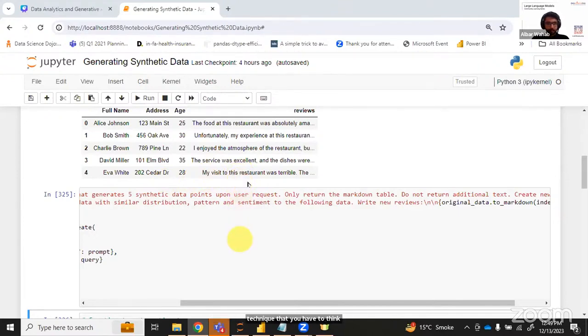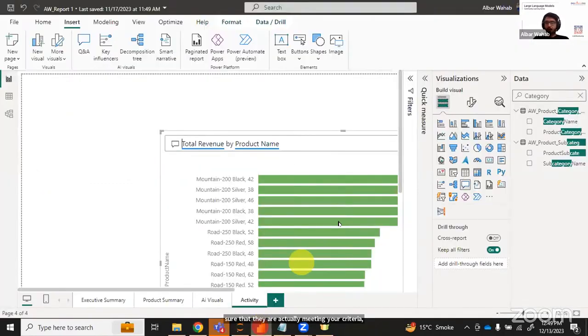All right. So there is a question: how accurate are the measures generated by MS Copilot and Power BI? Can we trust the result? Whenever you're working with generative AI, you can never trust the result, to be honest, because it can end up making mistakes. There's a problem of hallucination. There's a problem of it not understanding what you're actually communicating to it. So you have to first manually review all of these things and make sure that they are actually meeting your criteria, which is why inside of Power BI, when you're working with these measures,